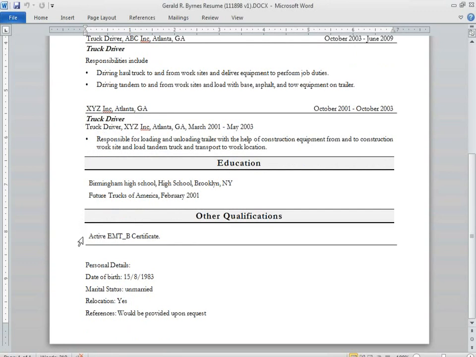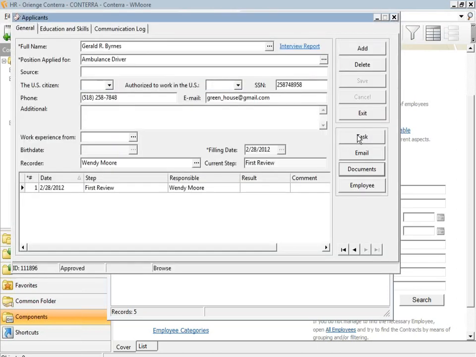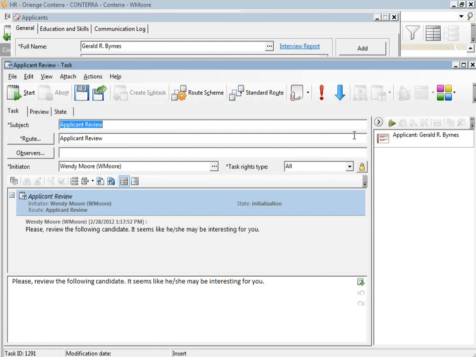I see that he graduated from high school, which is one of our requisites, and that he has an active EMTB certificate. This is critical, because we don't want to hire people that don't have active certificates. So this passes. So what I want to do right away then is to exit here. I want to start a workflow, a collaboration, a standard route of activities to kick off a review process called